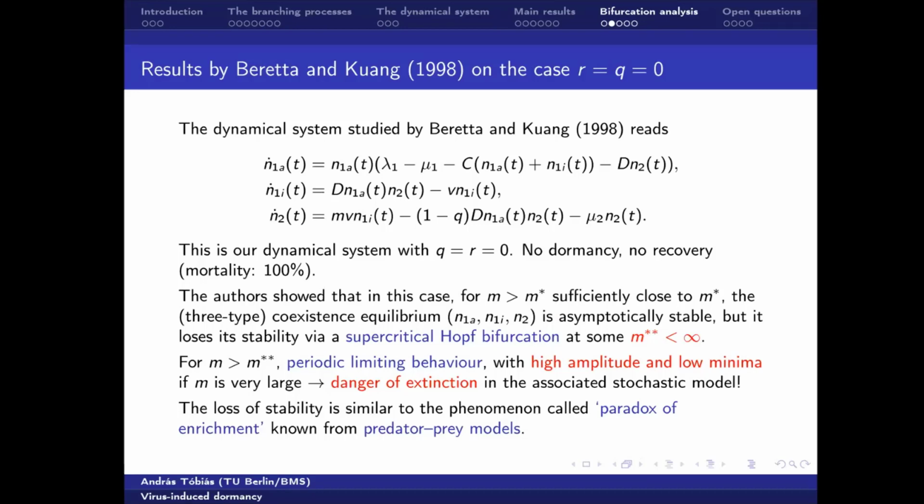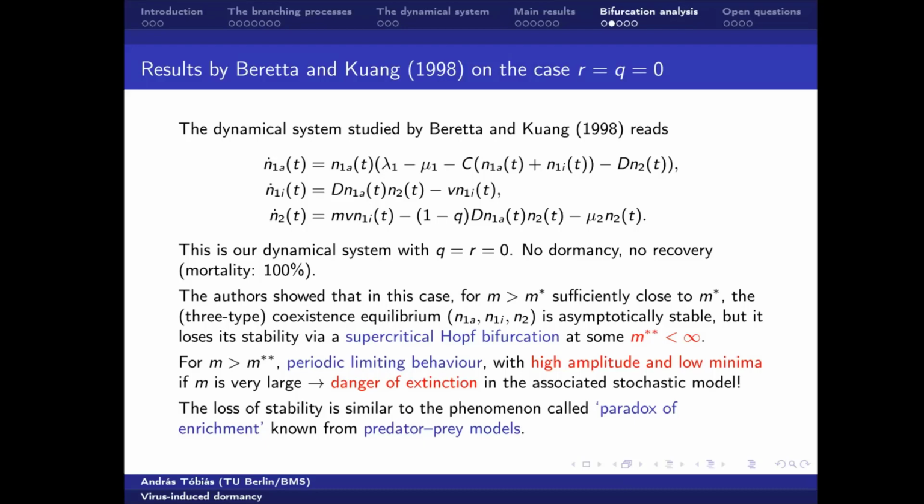And this is very similar to what we know as the paradox of enrichment in the predator-prey model. So what is the paradox of enrichment in a nutshell? Basically, there, instead of this M parameter, you have the carrying capacity of the prey. If you have a low number of prey, then the predator can't establish, and you just have the prey living at its carrying capacity. But if you increase the number of prey, then you have a coexistence between them, which